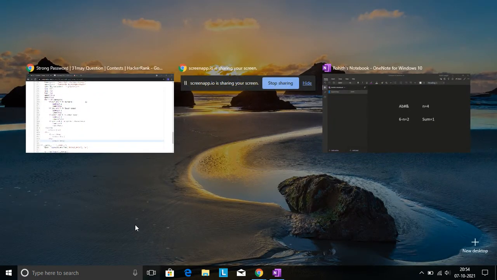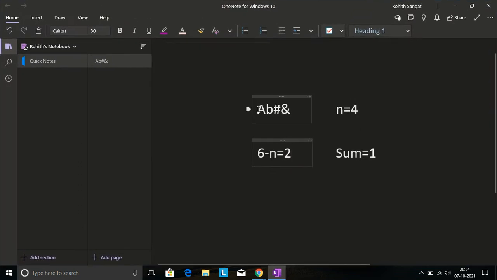Otherwise, for example, if we take this password, it contains an uppercase letter, lowercase letter, and a special character, but doesn't contain any digit. So the number of missing characters here is 1. Therefore, sum equals 1. Here the length of the password is 4, and the minimum number of characters required to attain length 6 is 2. So here 6 minus n is 2. Whenever 6 minus n is greater than sum, we simply return 6 minus n, because the number of missing characters is included in this 6 minus n.